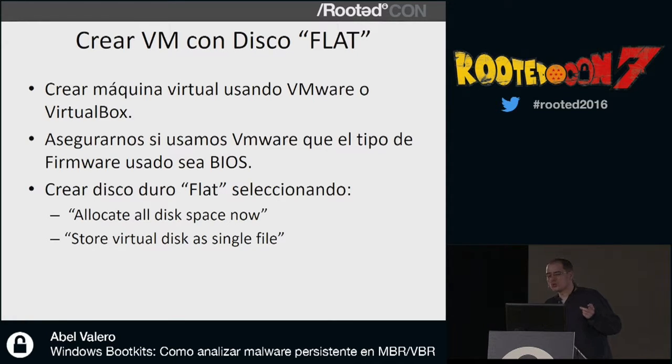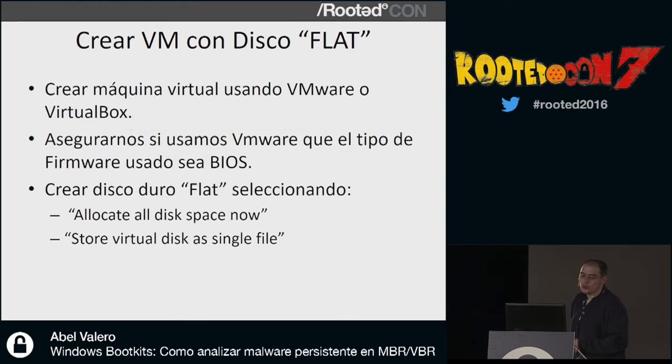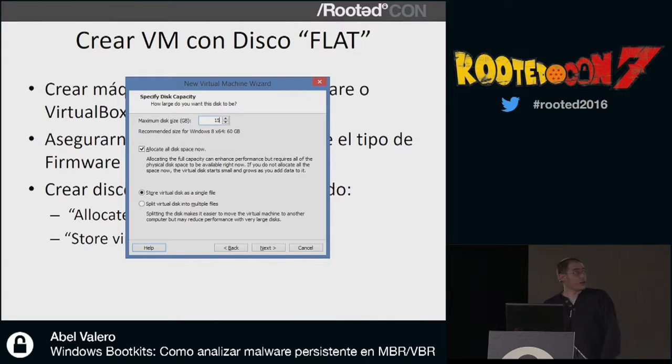VMware, when it detects Windows 7, Windows 8 or Windows 10, shows a screen like this. How do you want to start? Firmware through BIOS or through EFI? And then we need to ensure that the hard disk that we have within the virtual machine is as similar to a real hard disk as possible. If you say it's a 60 gigabyte hard disk and the file is only 10, the system will detect this. But we don't want compression. If we edit the disk with a hexadecimal editor, we want it to be as realistic as possible.